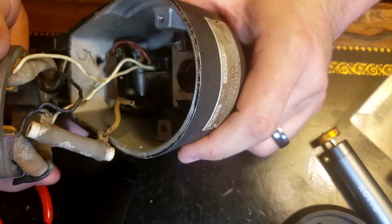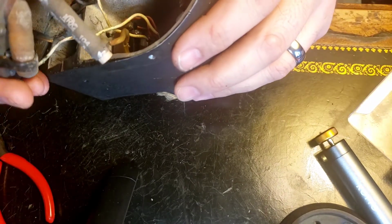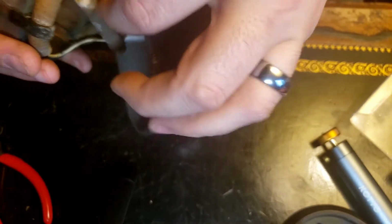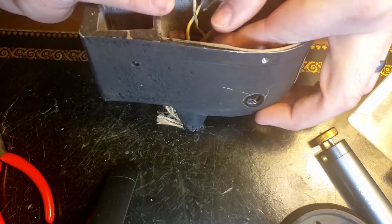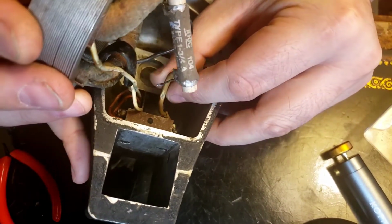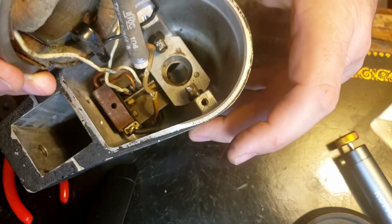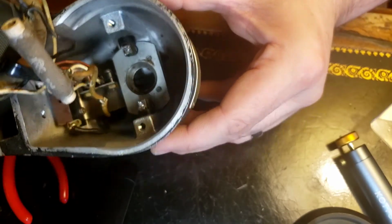Anyway, I'm going to start by taking that off because some of this wire I think is okay. This obviously is not. Look at the state of that. Sorry, this video is an absolute mess. Look at the state of that wire. That thing is shocking. Pun intended. See that gear down in there now? You can't really. Anyway,